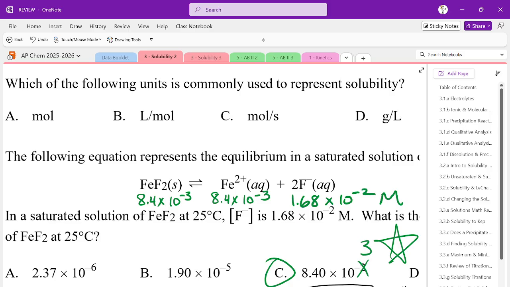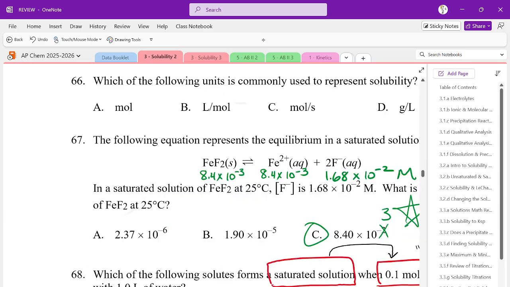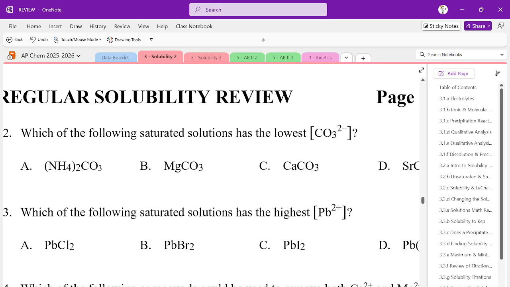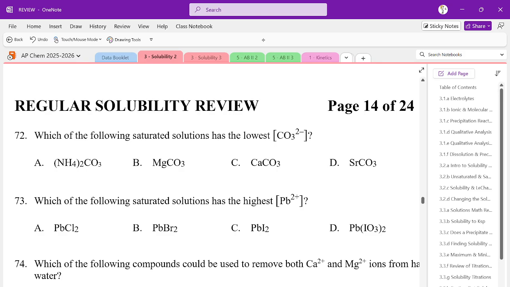Oh, would you like time to do that? No. We can do 72. Which of the following saturated solutions has the lowest concentration of carbonate? I'm going to guess that it is, well, it's certainly not the first one. And I know that carbonates are on the bottom of the table, so I'm guessing all 3 of these are probably low solubility. So what would I have to do if they are all low solubility? I could do the math, or